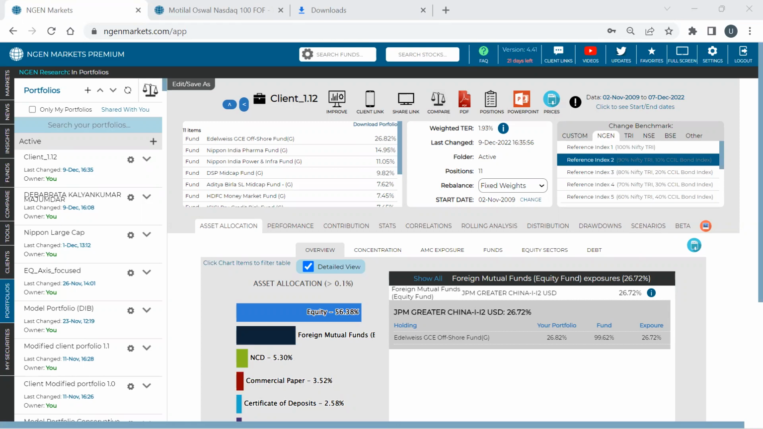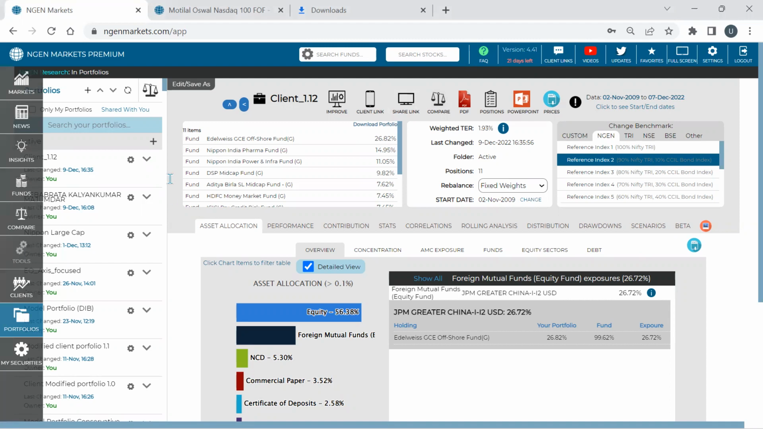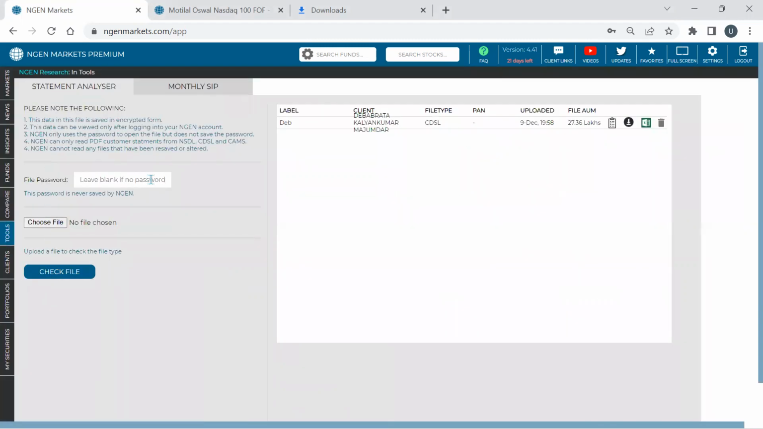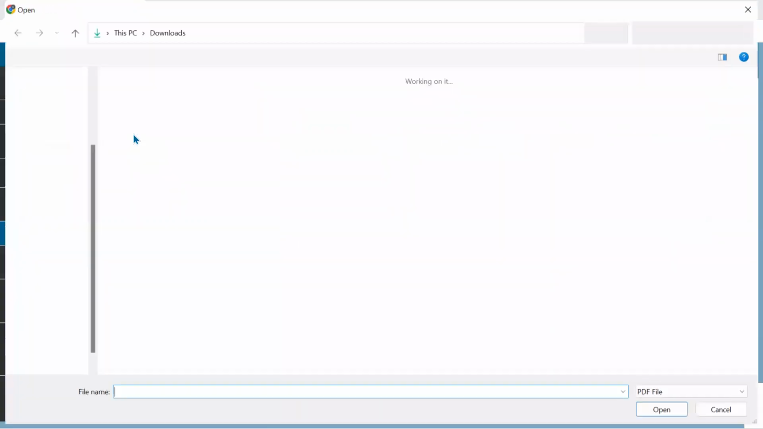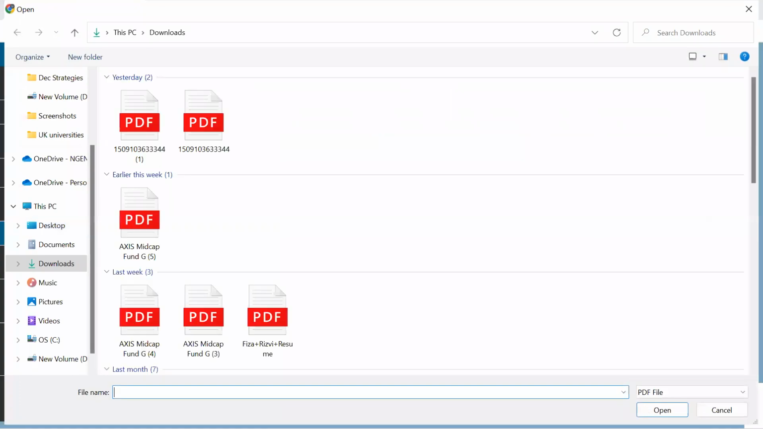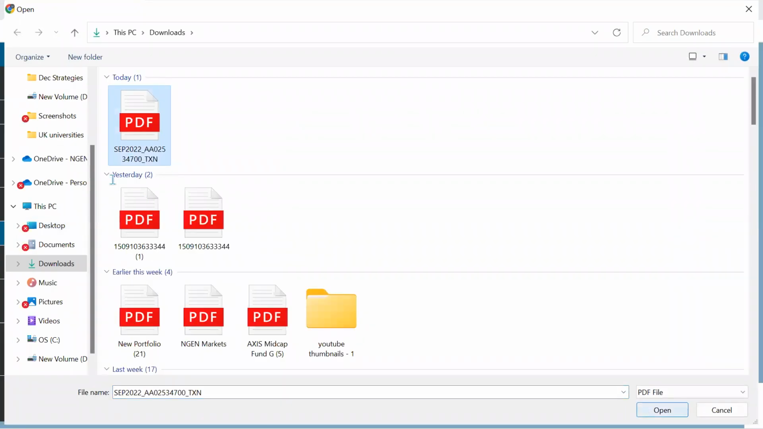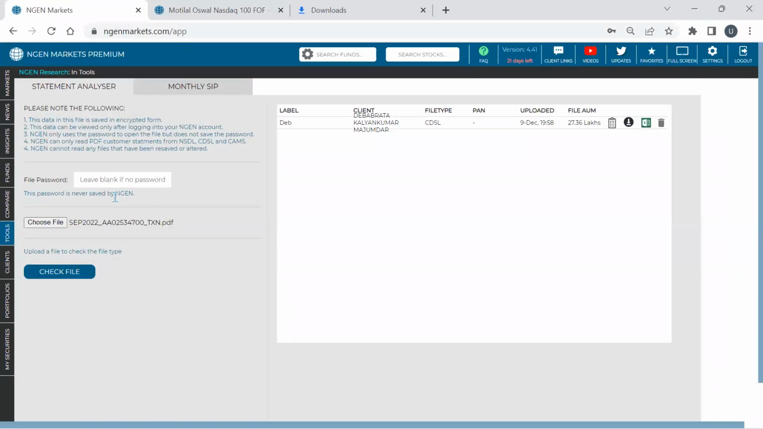Okay, we have a question saying how to analyze CAMS and Carvey statement. So let's just go to the statement analyzer 1 second. So if you have a CAMS Carvey statement, please put in your password here, choose the file from your computer, and then click on check file. As soon as you do it, let's put that in here. As soon as you do it, the system will first, okay, go ahead. I don't know if this one has a password or not, but as soon as you click on check file,